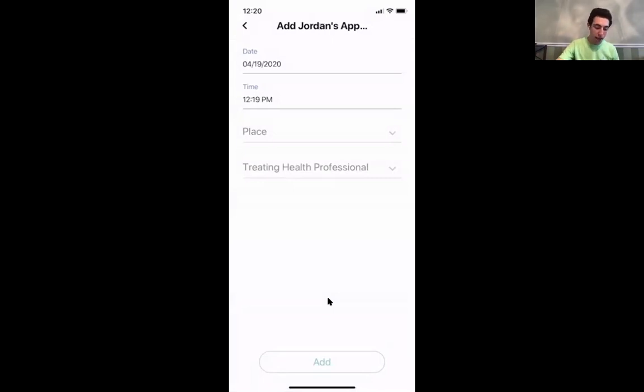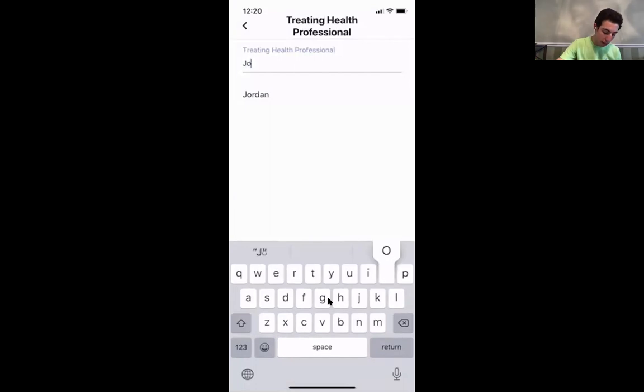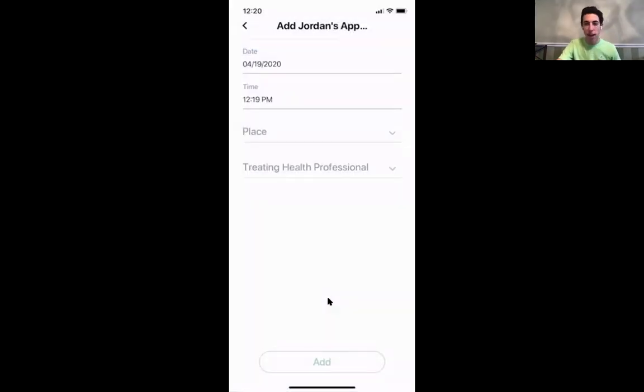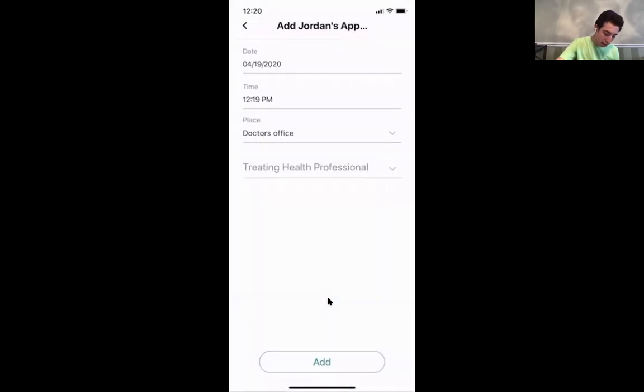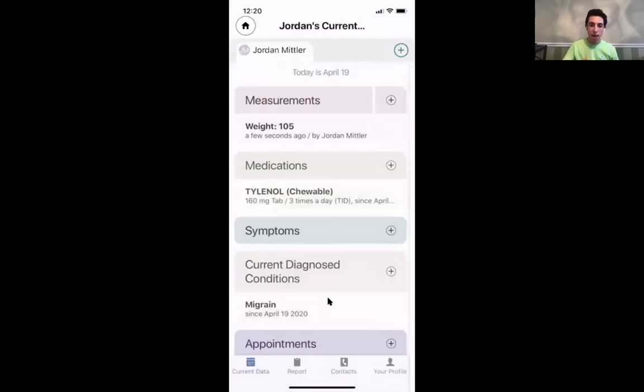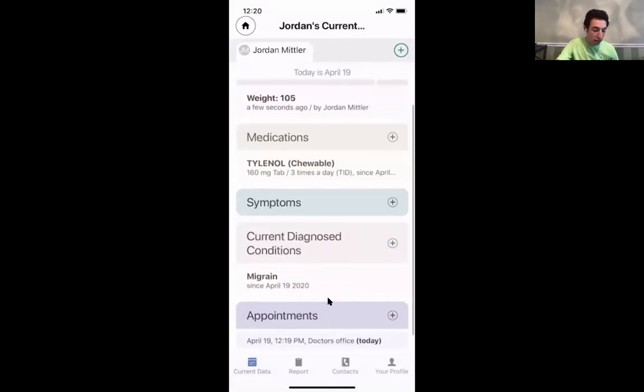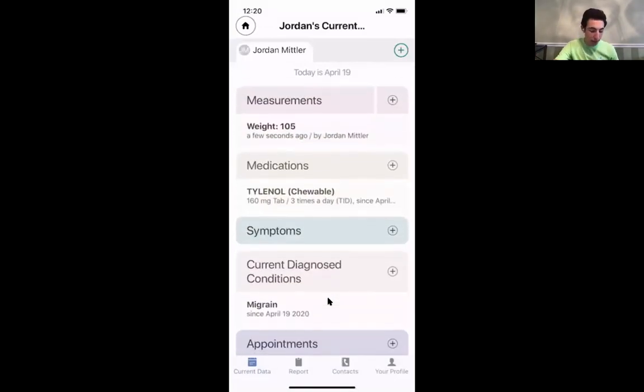But if you don't have anyone in, you could just type in the name and have it inputted into the information. Doctor's office, that's the place. Okay, and then you click on add, and it will appear under the appointments. So you could see how this is a very organized way of seeing the most updated information.